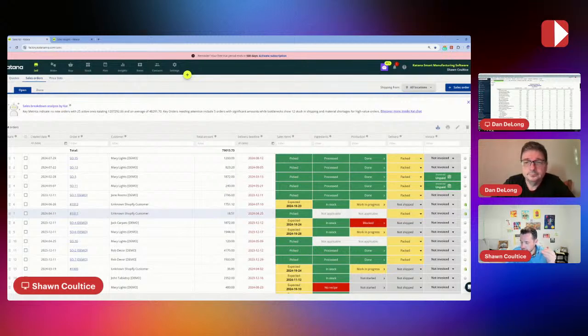So your FIFO, first in, first out, from making or receiving goods to making sure you're not having old stock being pushed to the back of the shelf. Essentially, it's always going to be grabbing the oldest stuff and shipping that out. So you're constantly turning over your inventory appropriately. So Katana is going to help that when you turn on batch tracking. But from a costing methodology perspective, it's still going to be using moving average costs to calculate the cost of that good. So for that individual SKU or product, when you have that in stock,